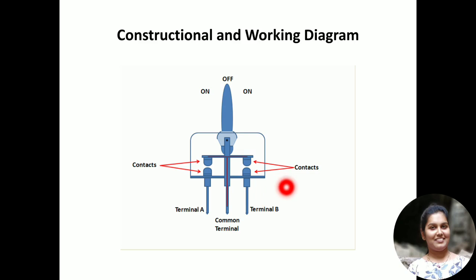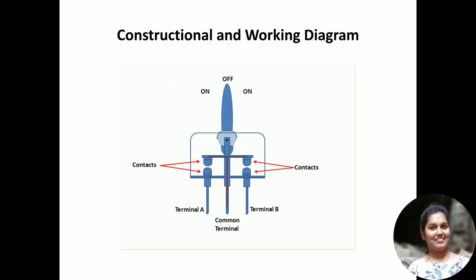Okay, so based on the movement of the handle either to the left or to the right, we can connect or disconnect 2 circuits for this particular toggle switch. The point to be noted is that at any time any one position can be selected, either terminal A position or terminal B position. No 2 terminals will be on at the same time. Okay, so this is all about a 3 position toggle switch.